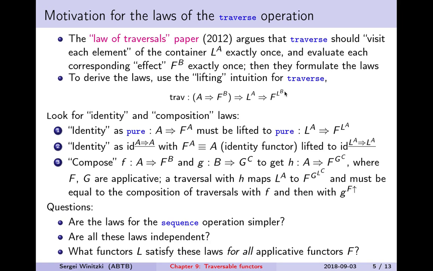And using this intuition, they formulate some laws that seem to fit this description in some way. Well, they didn't actually derive these laws from these requirements, but they showed examples where these requirements are violated, and they showed that these examples also violate the laws. So this is not very convincing to me that these laws are correct,